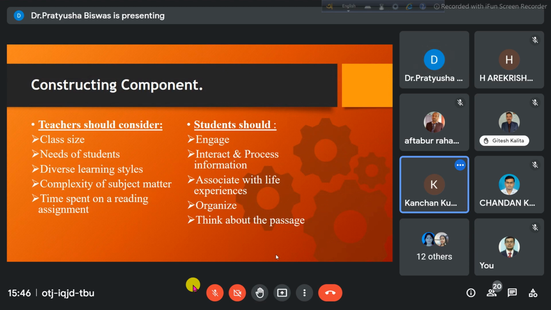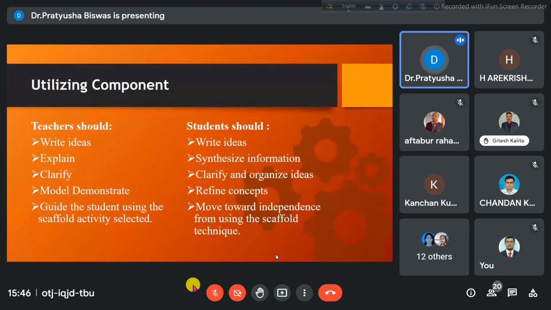Very good. Utilizing components. As I told you, when we are constructing components, the most important thing utilized in a component is that the teacher should write with clarity the objectives, that is the ideas of any particular content or syllabus that they need to talk about or discuss. So write the ideas very clearly, clarify them, and explain them to the children with clarity, whether a subjective explanation or an objective explanation is required.